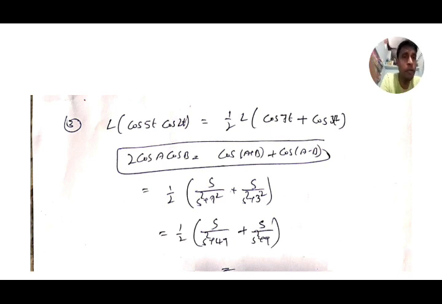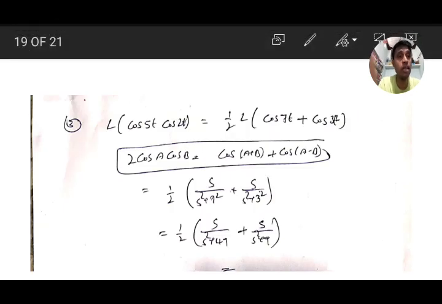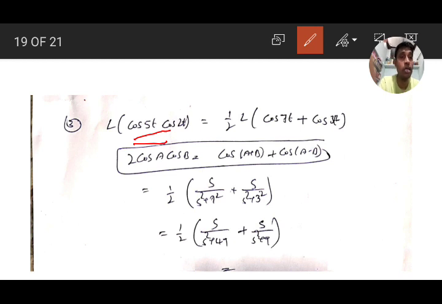Only we need to remember, these basic problems will come in 2 or 3 steps. If trigonometric, generally 2 steps: first linearity property, next use the 8 standard formulas. If the direct formula is not coming, it means we have to simplify the function by using trigonometry or any function, then apply the linearity property and standard formulas.